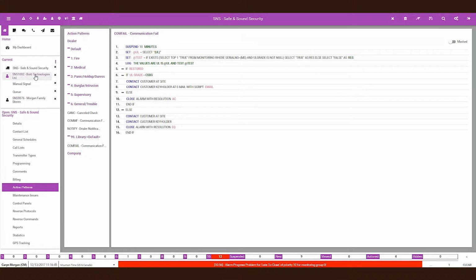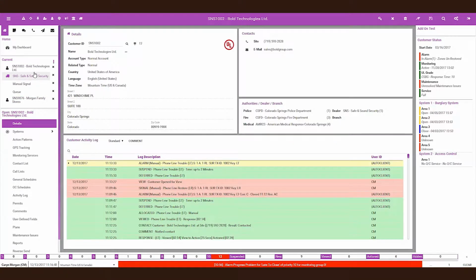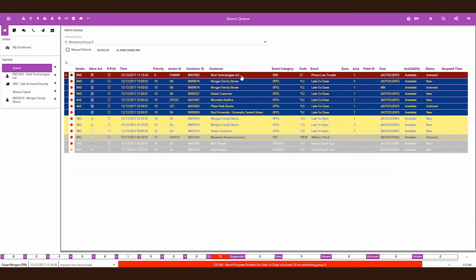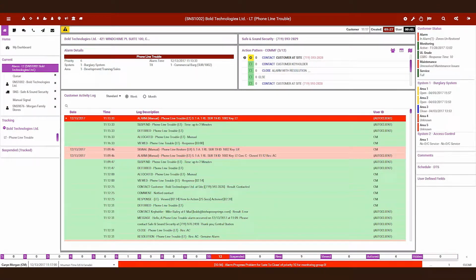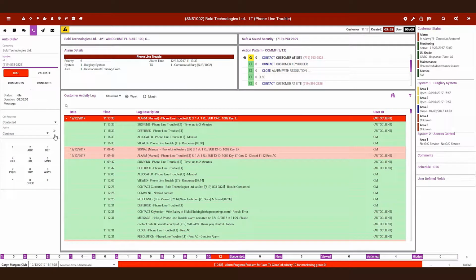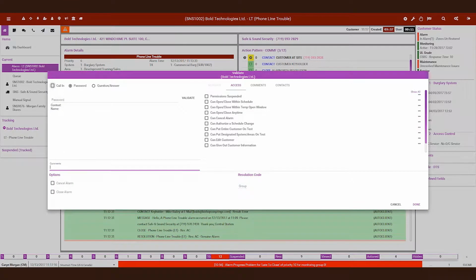So let's take a look at our Bold Technologies account. I think it was. So let's see. This one was deferred. So if we go back to our alarm queue, there it was deferred. Now we should have a different action pattern because we have contact customer, contact key holders, but it's not the emailing of the key holders. So I'm going to do my D for do to contact the site. So we contact the site, say notified site,